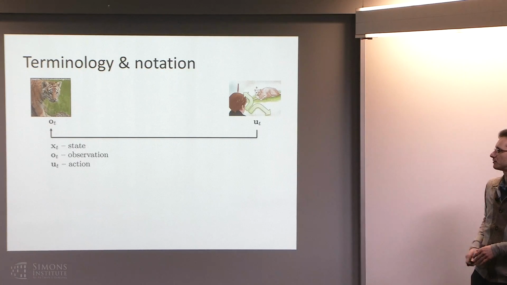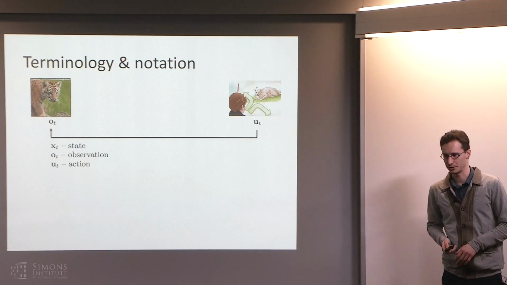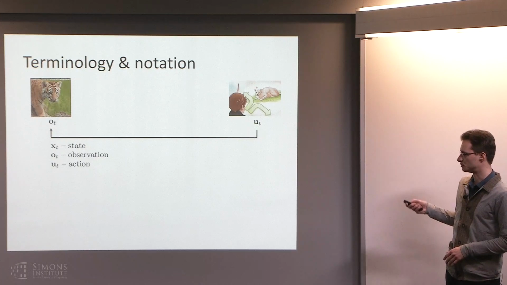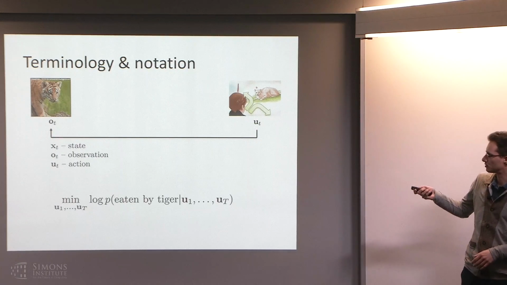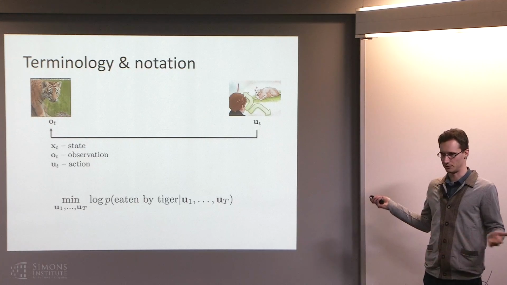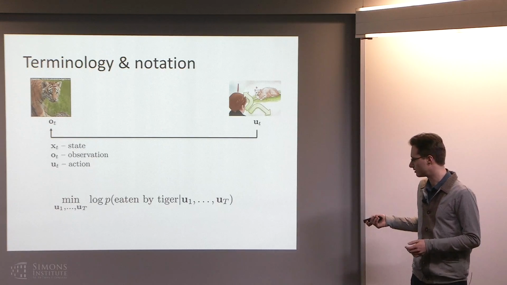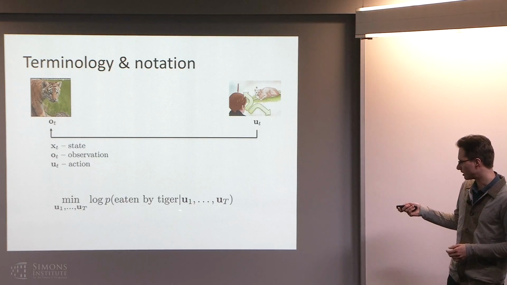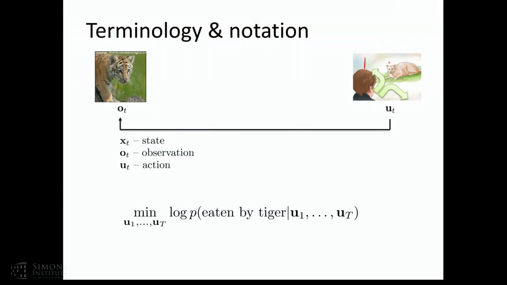So let's take out that policy for now and just try to write down a condition that says what makes these U's good U's. If I'm in this situation, I see the tiger, I need to decide which way to go. One thing I might want to do is minimize my log probability of getting eaten by the tiger. That's something that I would very much like, and that's conditioned on the actions that I'm going to take. So it's a sequence of actions, so I need to get away from the tiger now and then not come back to the tiger later. So I can more generally just say that I have some cost function, and I'm going to minimize that cost function over all time.